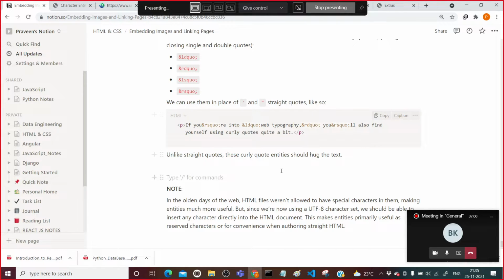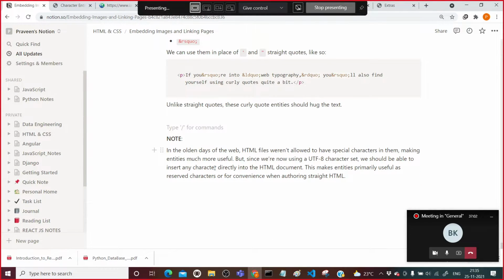Now you might be wondering: in olden days there was no UTF-8 character set. Due to the lack of the UTF-8 character set, we were not able to use several characters which we are now making use of.